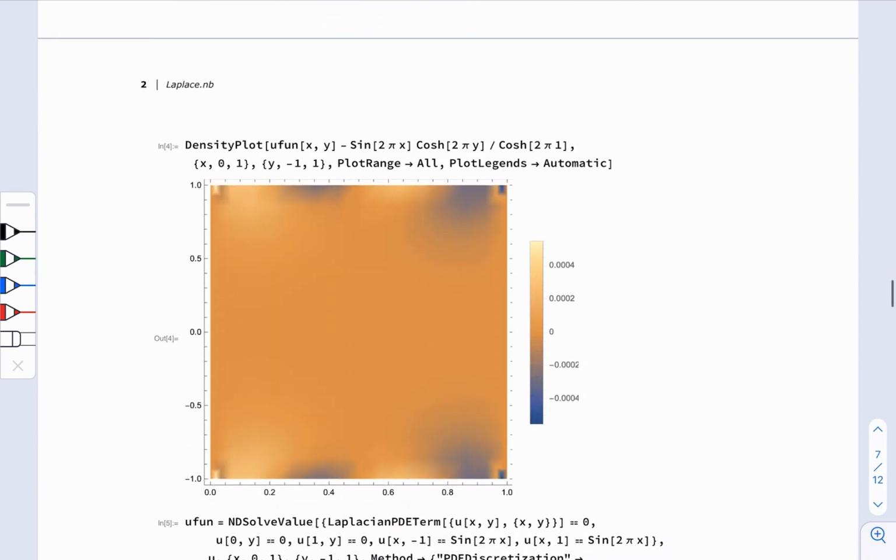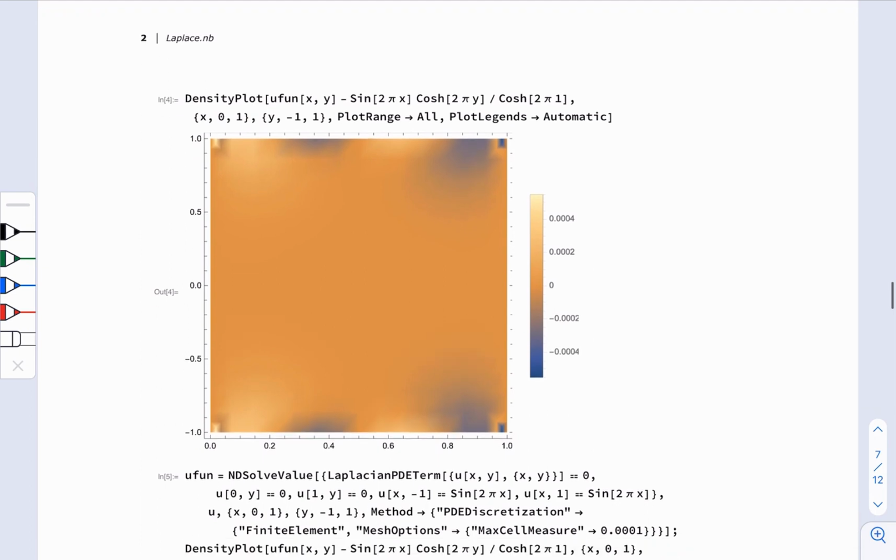However, when you are calculating the Laplace equation numerically, you have to be careful that if you don't have a dense enough grid, your results might be slightly off. So you can see that here I'm plotting the difference between the numerical solution and the exact solution. And the difference can be up to 0.0005. However, I want to say that this difference is there